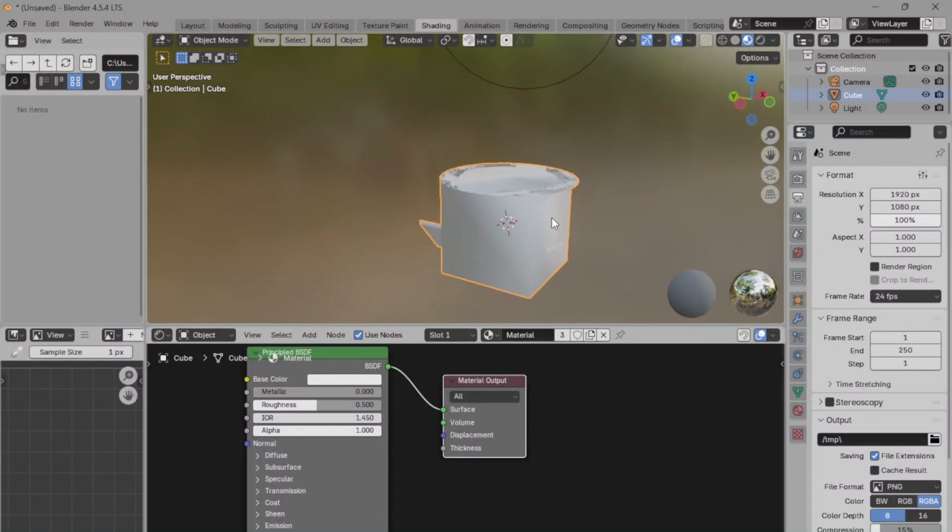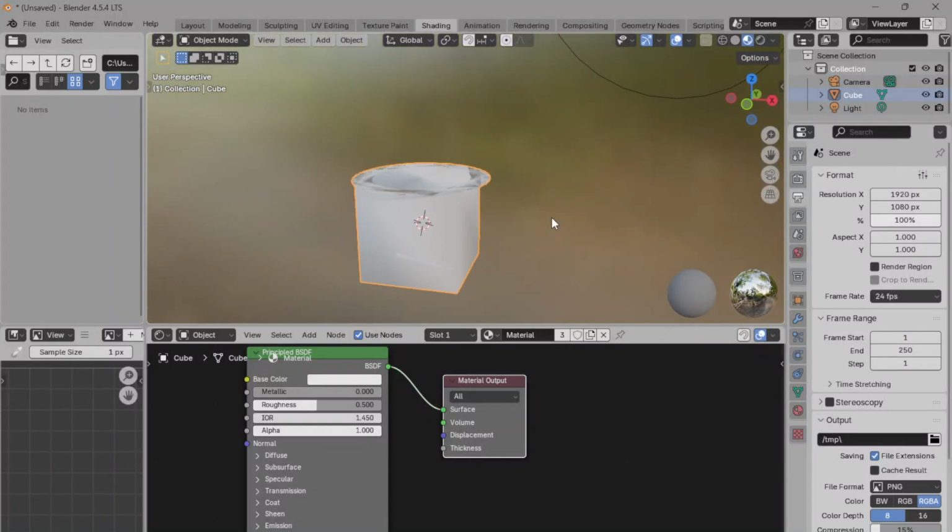Now let's talk about using image textures. Sometimes you want to bring in that extra level of detail that only a high-resolution image can offer. Think scratches, dirt, and other imperfections found on surfaces. Import these high-resolution images and plug them into the roughness and normal inputs of the principled BSDF shader. This step introduces subtle details that can completely transform the look of your material, providing a tactile sense of realism